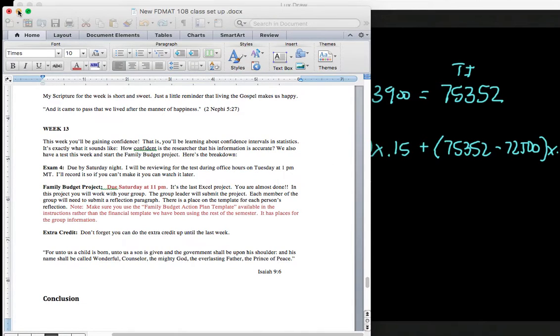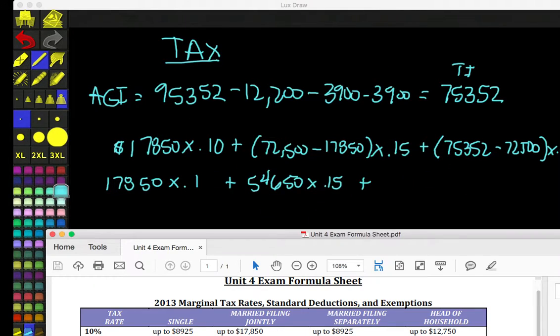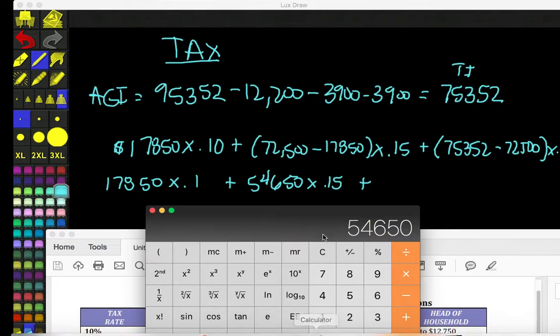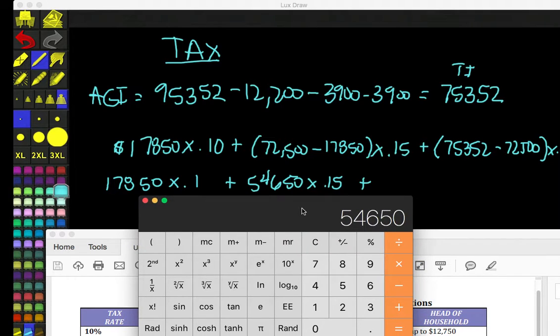Oh shoot, I did not mean to open that. Nope, not that either. Sorry, my screen's crowded. It's a lot to do on one little screen. I remember my husband when he's like, you need another screen. I'm like, no, I don't. And now that I have it, I just can't function without it. But anyway,